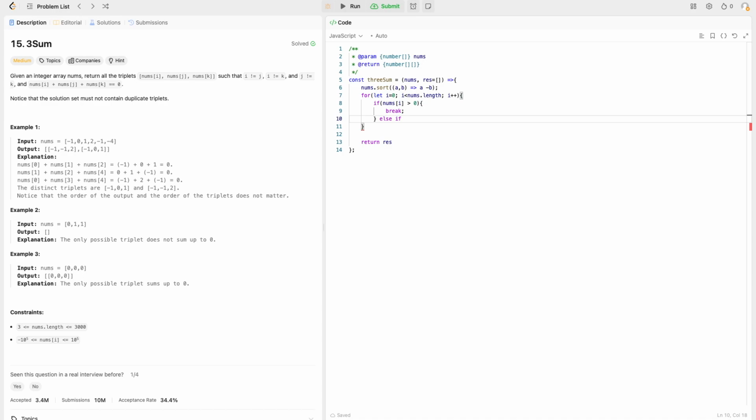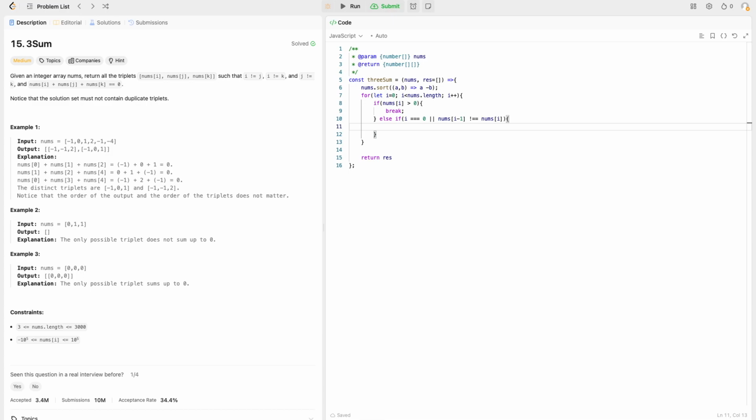Else, if i equals 0 or nums i minus 1 is not equal to the previous number, right? If our previous number is not equal to our current number,